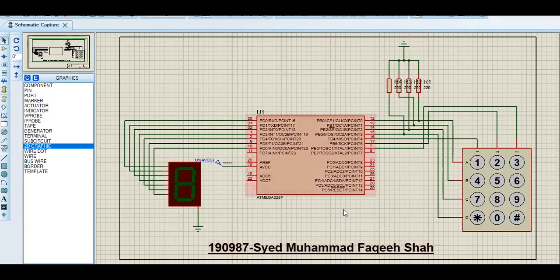So here we have a keyboard attached to Atmega 328P IC. It is giving the input to the Atmega 328P IC on port B, and port D is giving us the output on a BCD display of what the input is. So if I run the simulation,